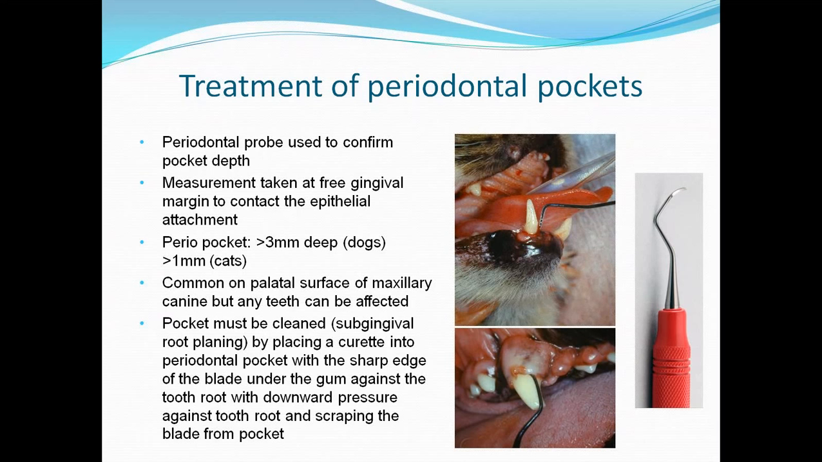We use a curette such as the one on the right hand side here, which has a blade on the last 2 to 3 millimeters, followed by the shank and the handle. The blade should be sharp, so it needs to be sharpened on a regular basis, ideally after each use. It's then placed subgingivally, as we can see in the clinical picture on the bottom of the slide, against the tooth surface to the depth of the periodontal pocket, and then used with downward pressure and scraped across the tooth